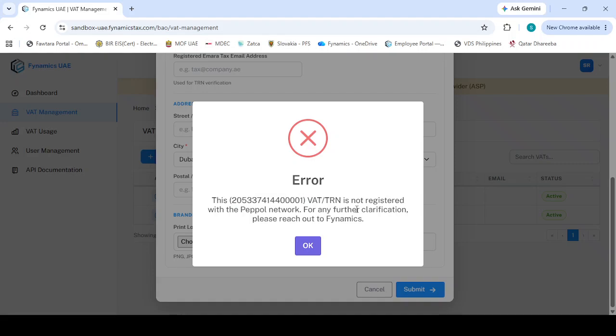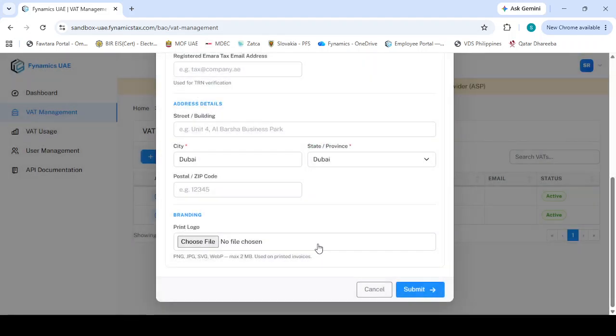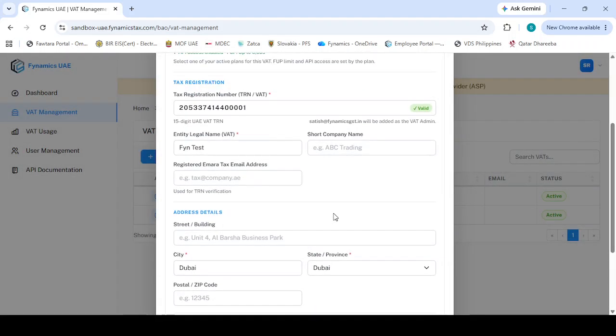If either of them is false, then automatically we throw this error, which means you will have to first register this TRN on PayPal. You reach out to Fynamics team. We will register your TRN on PayPal. We are a PayPal SMP as well, so we will register on our own SMP and do the propagation for